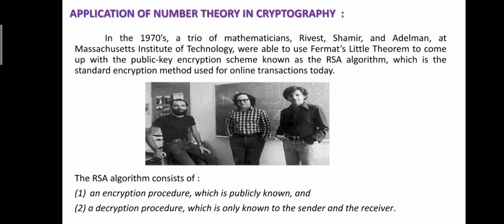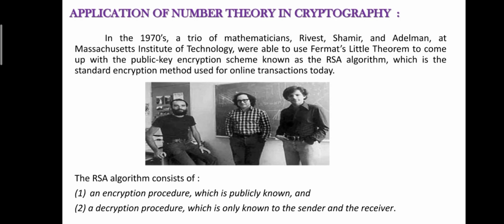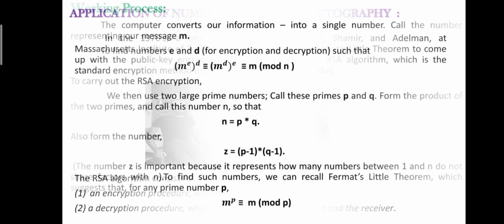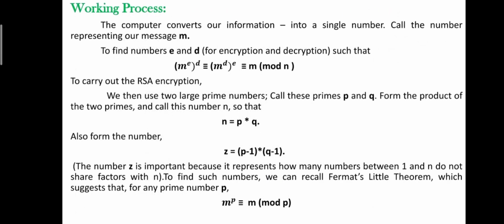And the second is a decryption procedure which is only known to the sender and the receiver. Now we will see how it works, or what the working process is. When we send information by electronic means such as ATM, the computer converts our information, the message we want to send, into a single number called the number